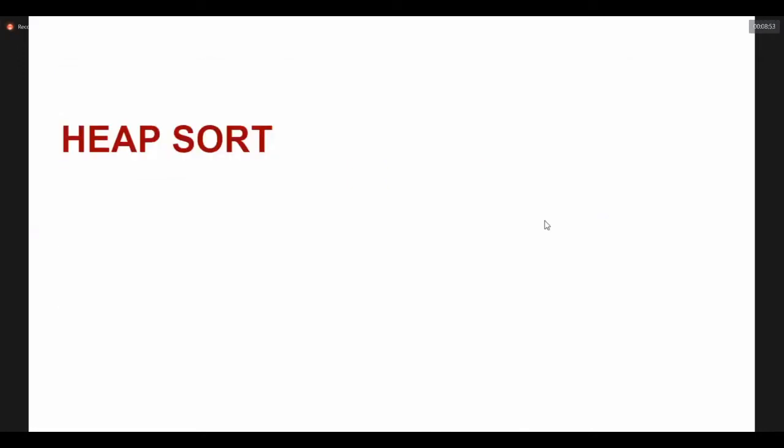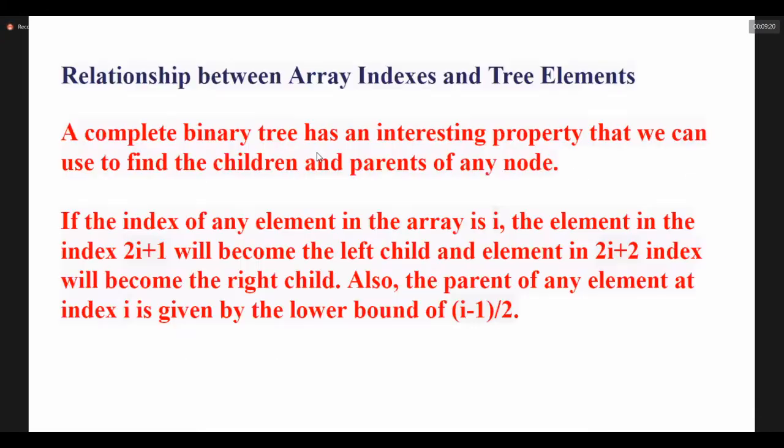It's not level order. Level order is also a certain technique, but it is a different concept. Level order means arranging the elements level by level. Not a level sort, but we are using the heap method.